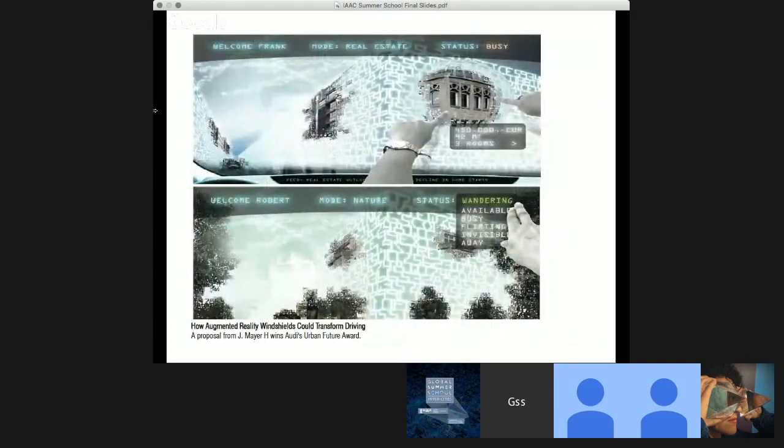The question is, if the day is soon coming when users of augmented reality devices will be able to render and project alternative realities back to their own field of vision and create individualized, informatically driven spatial experiences, where will this leave us architects and urban designers? Will this have an impact on how we conceive of, design, and build our habitable environments?